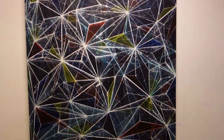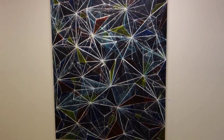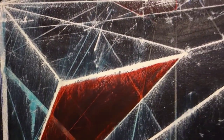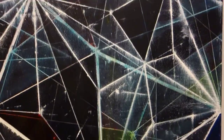Right. Let's take a look at this one. Also, I like the fact that you're sort of going back and forth from working on a lighter ground and then doing the other thing where you're working on a dark ground and coming back up with the lighter colors. Yeah, I mean, you could look at that almost as like a negative and positive in terms of photographic processes. But also, with this I was thinking a lot of stained glass and Gothic architecture, but fractured, completely broken, as if windows and mirrors upon windows and mirrors. Yeah, I can see where there is a kind of transparency on some of these little wedges of color there. It's nice. Yeah, it's called Break, so obviously that's...